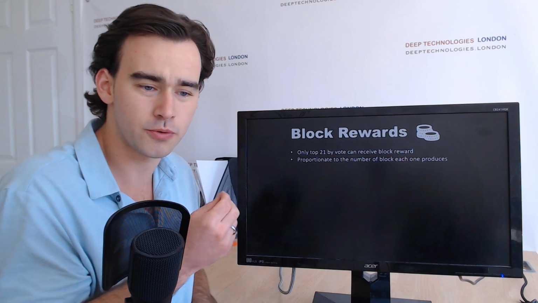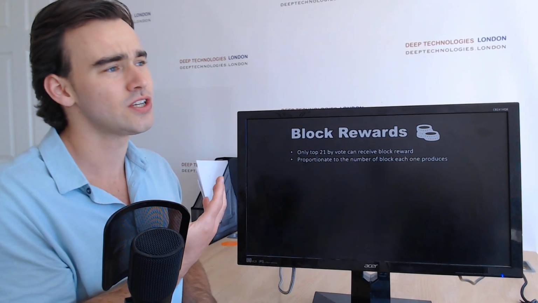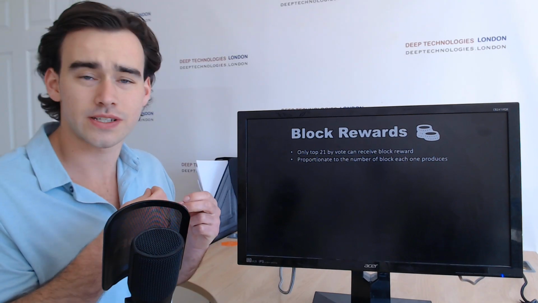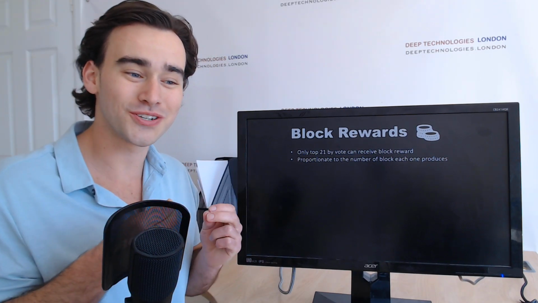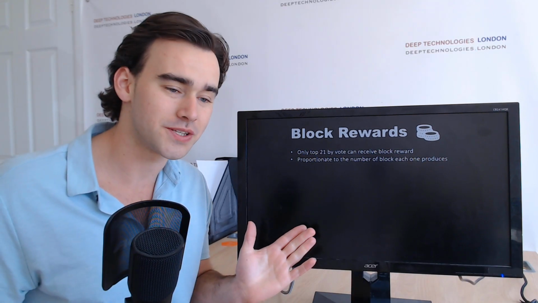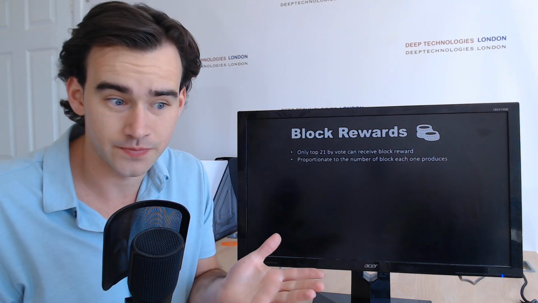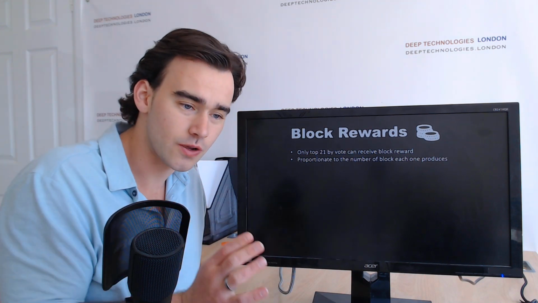So it's proportionate to the number of blocks each one produces, once again, and that obviously incentivizes them to be producing blocks and to be as active as they possibly can, because otherwise they don't receive this reward, and of course they would simply be voted out, is the theory. So